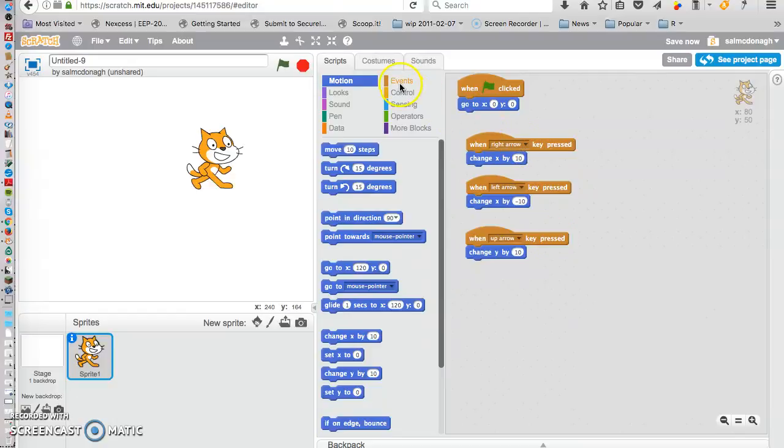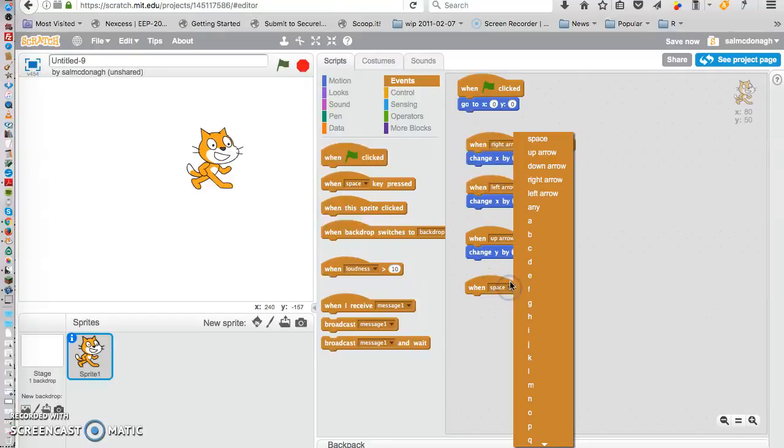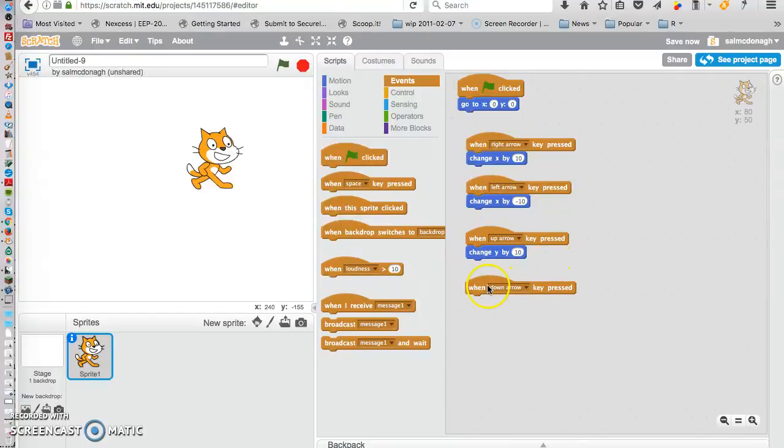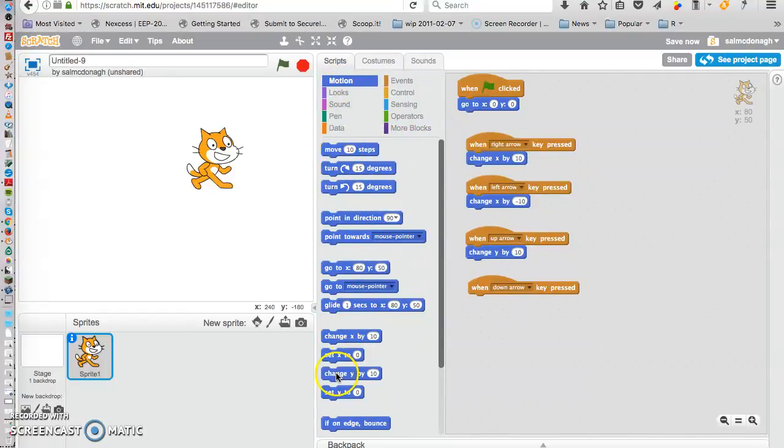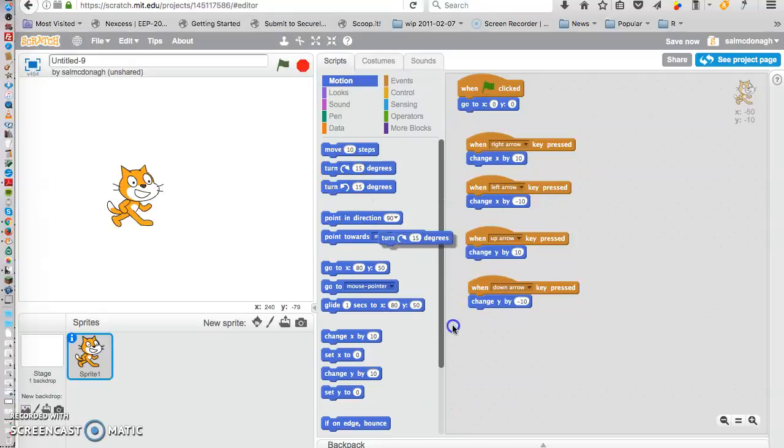Okay, so hopefully you paused and you've added this button to make your cat go down, and you have used the motion block change y by minus 10. Okay, so now the cat can go up, down, left and right. Okay, so experiment with these other motion blocks. There's more that you can do, and for example you can get your cat to turn